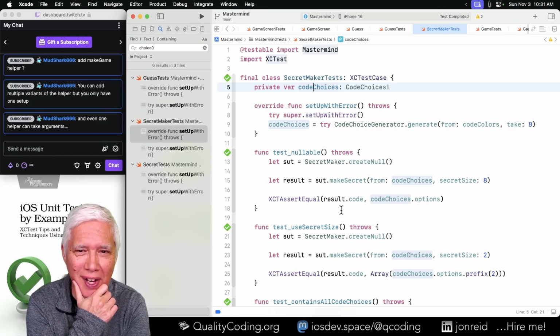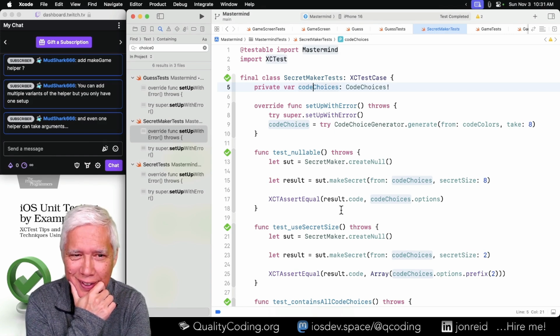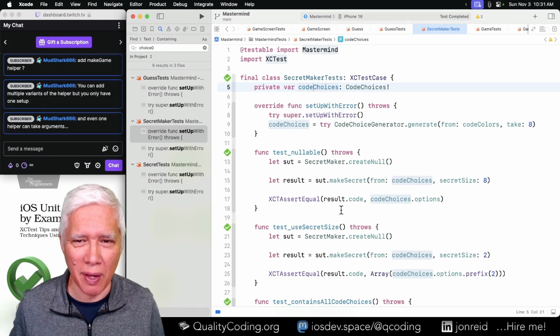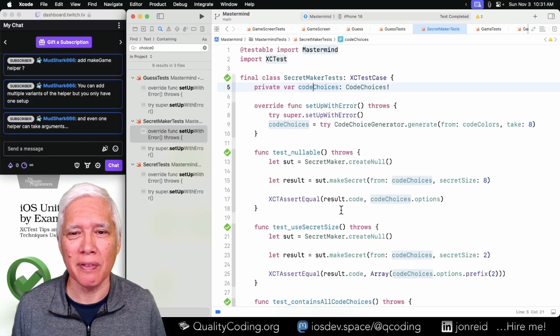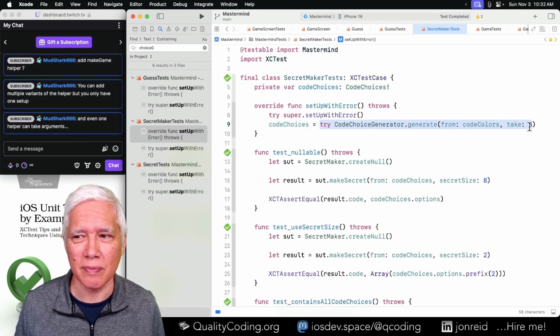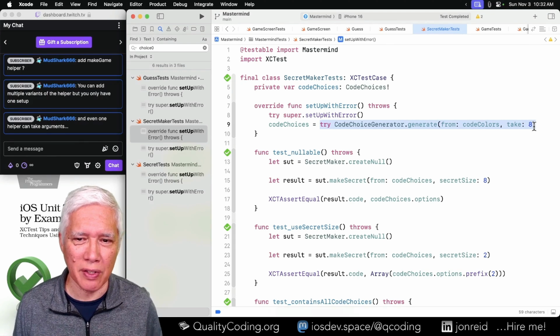It makes me sigh to think about removing this setup. It does, but that might be a reason to try it. If I extract this to a method,